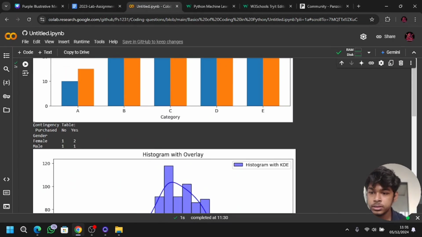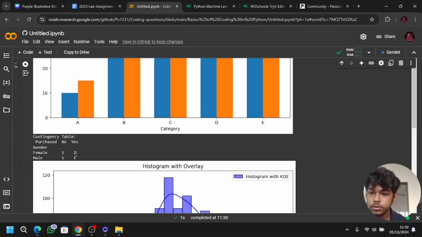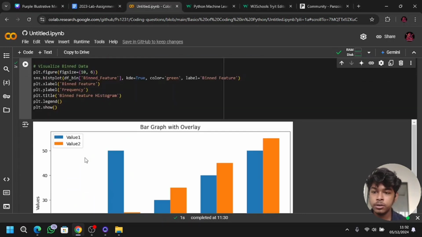Now this is a contingency table. As you can see, it is not formatted as you have now. Contingency table: purchase, no and yes, based on gender, male and female. One female has not purchased and another male has not purchased. But in the purchase category yes, we have two females who have purchased and one male who has purchased,